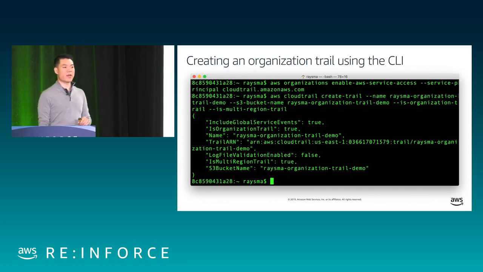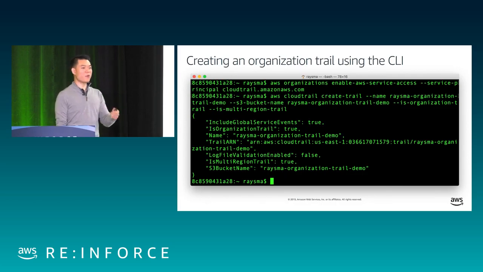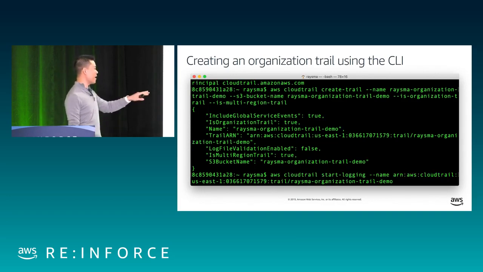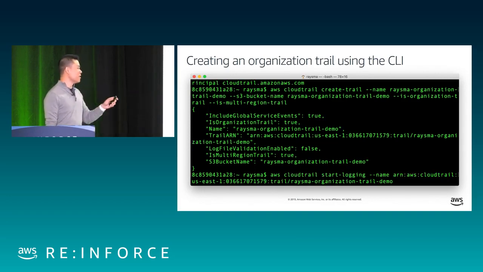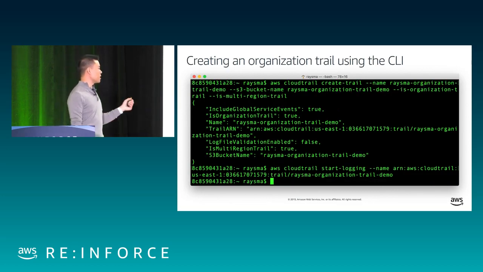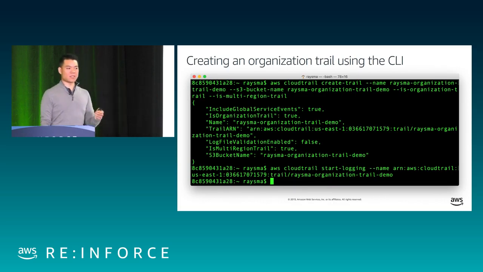So now I've created my organization trail, but there's that one final step that's probably the most important part, is that I need to turn this trail on so that logging will start. So I go ahead and call the start logging command, supply the name of my organization trail ARN, and then press go. And you can see here, I've called the command, it was successful, and now logging is being provided